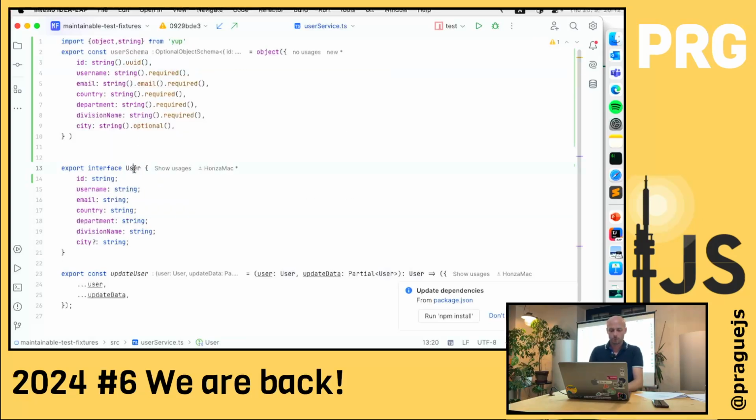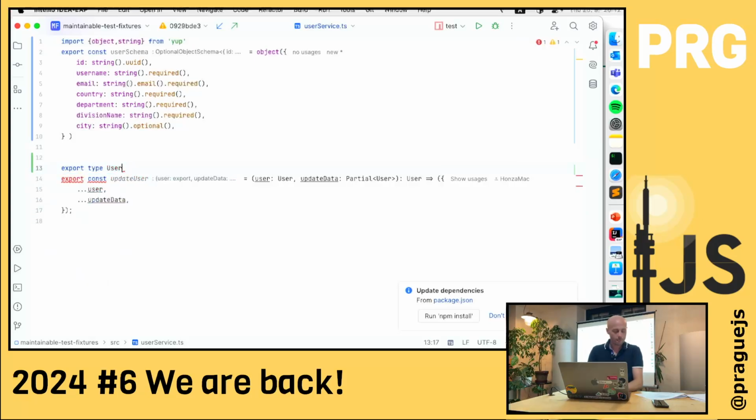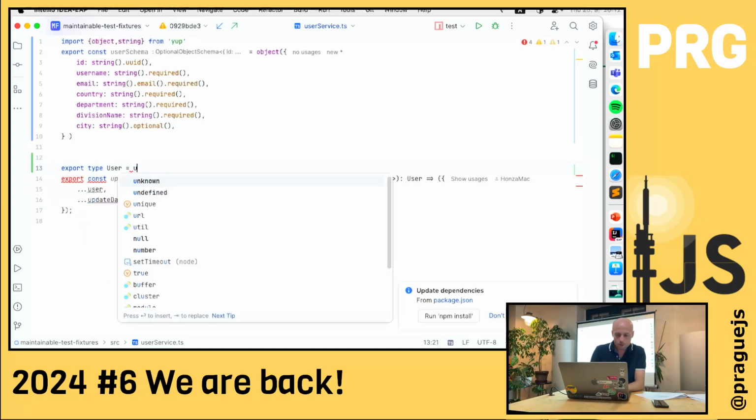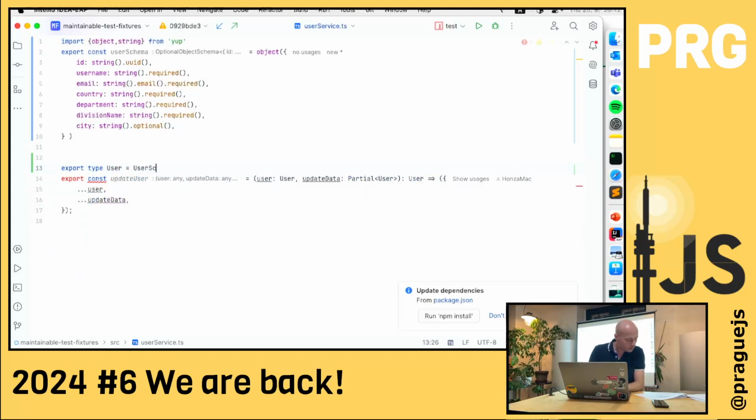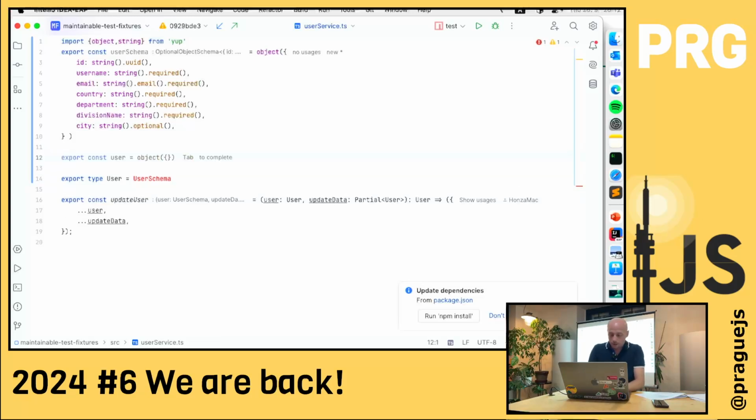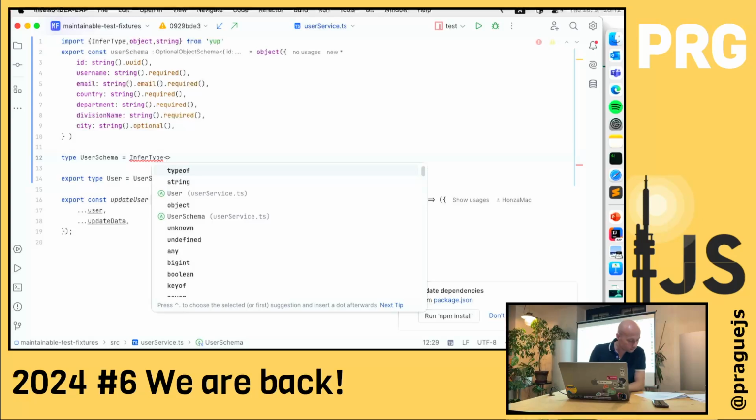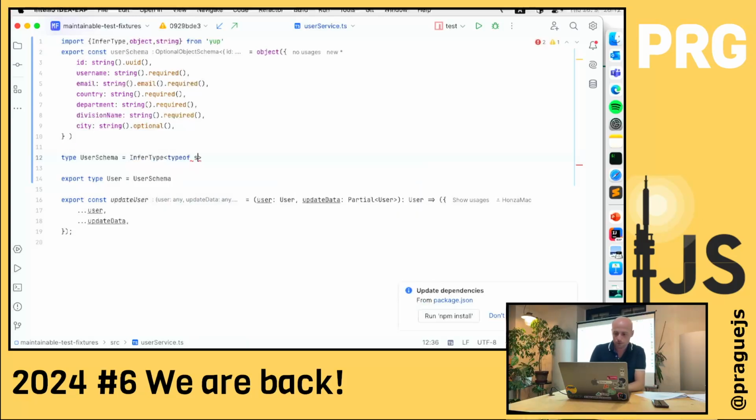Okay, and now I don't need to have this because I want to export the type. User schema, and type User is actually inferred from typeof userSchema.